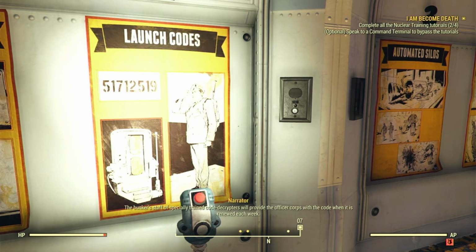The bunker staff of specially trained code decryptors will provide the officer corps with the code when it is renewed each week. The decryptors, it should come as no surprise, are dead. It will be up to you and your fellow members to decrypt each silo's launch code before they are regenerated. We, however, might be able to help. We've gathered all the information we could recover related to the codes and their encryption in the archives on this floor. It's also our